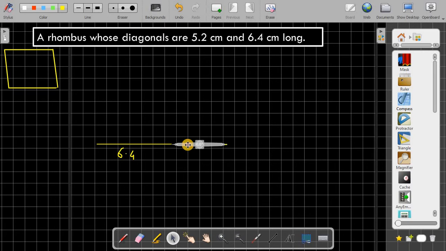Then you have to keep it on the end point, because in the next step of construction you have to draw a perpendicular bisector. So your compass pointer will be placed on the end point, and then you draw the biggest arc, and then you do it on the next point,